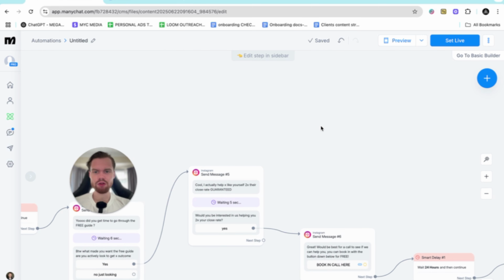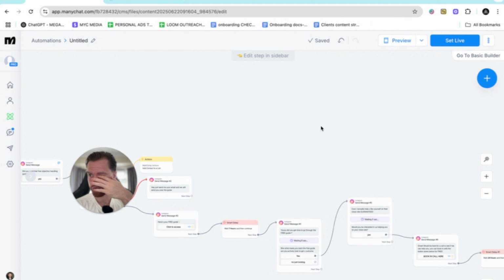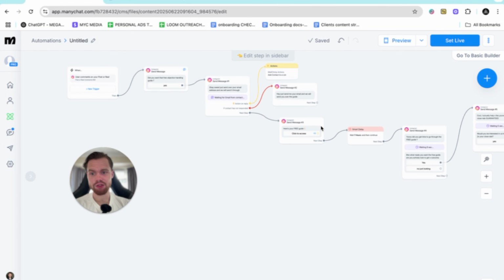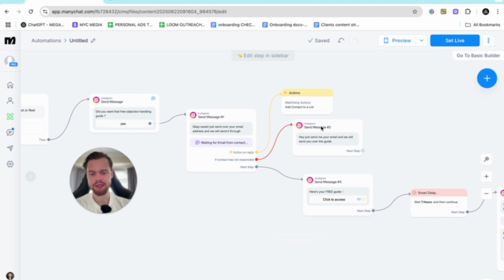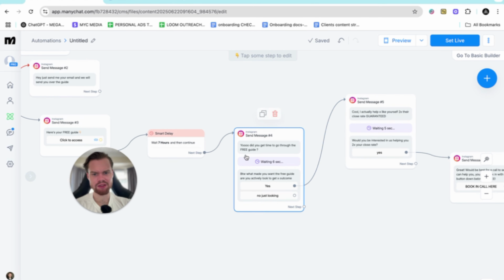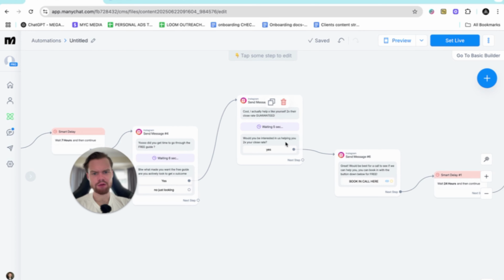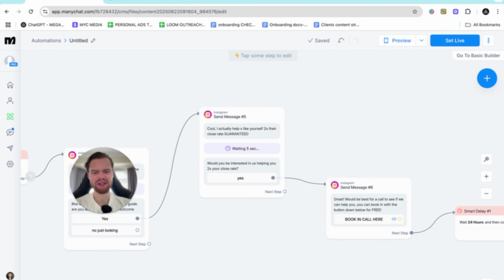The thing is, you can go about it different ways. Let's just say, for example, you do have an appointment set, which most of you probably do because you're high level entrepreneurs, and you are trying to get leads ASAP. What you could do is halfway through this process, you could end it. So for example, wait 7 hours, then continue. Yo, did you get free guide? Cool, I can actually help 2x your close rate. Let's just say here, you could literally end it, and then your appointment setter could go in there and then